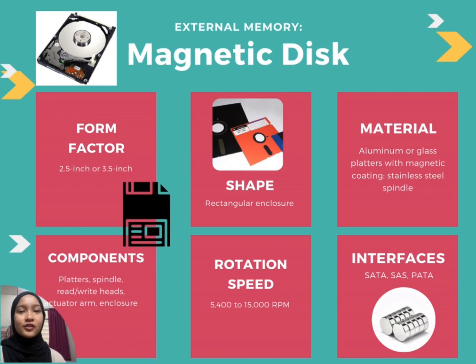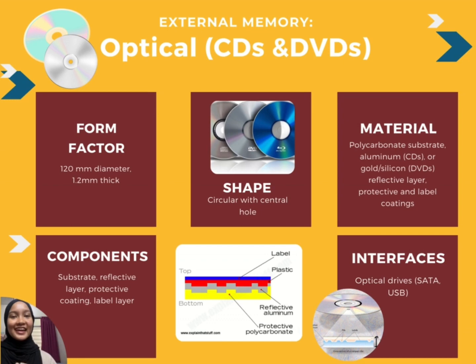As for the rotation speed of magnetic disks, these disks spin at speeds ranging from 5,400 to 15,000 RPM. And also for the interfaces, they connect to the system using interfaces such as SATA, SAS, and also the older PATA. Okay, next, let's move on to optical storage, which is specifically CDs and also DVDs, which have been popular for